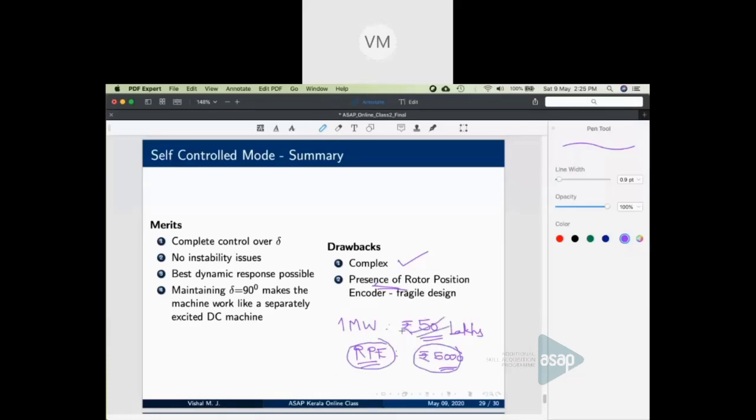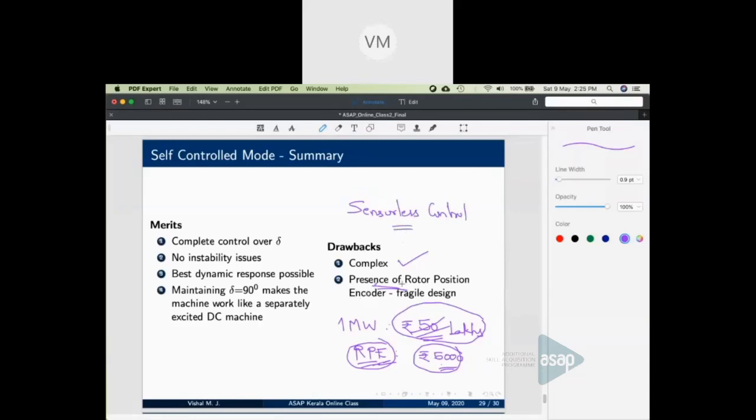Can we say that that's a good design? Actually, no, because such an expensive and crucial equipment depends on a fragile component for its operation. That cannot be seen as a good design. So that's how sensorless control came in. This is a new research area where several methods have already been discussed.